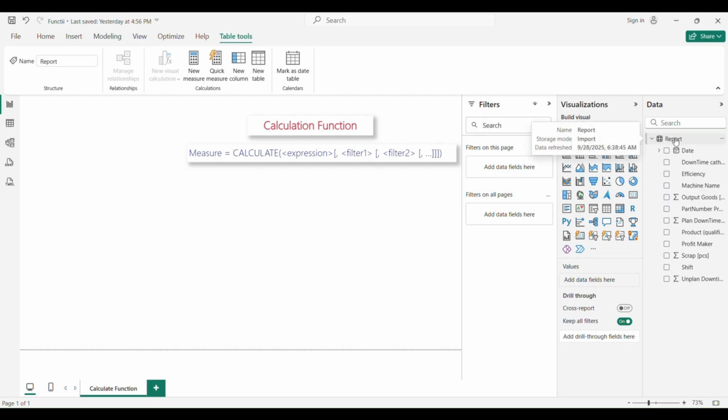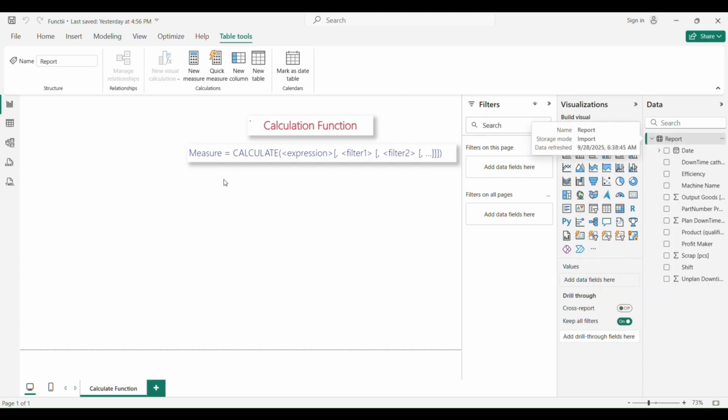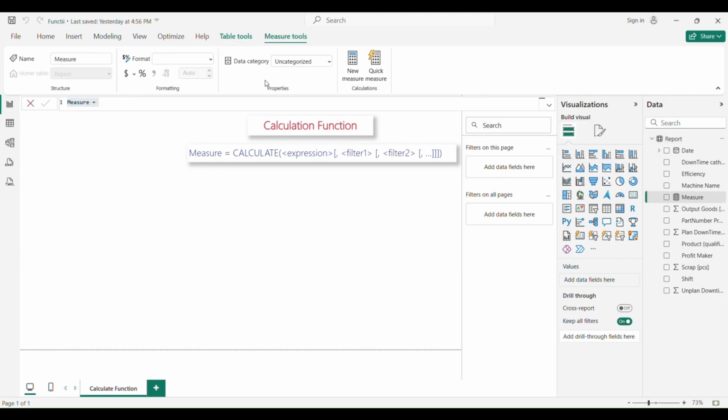So we right-click, new measure. We can also choose new measure from the top bar. Let's call this output by shift 1.